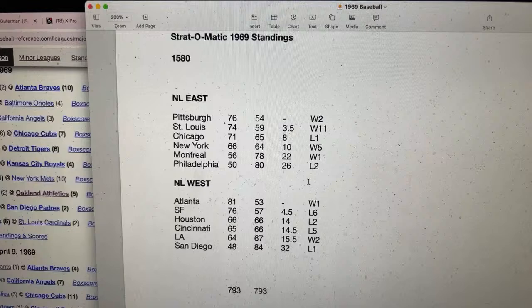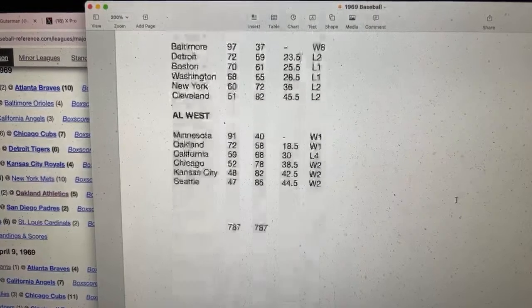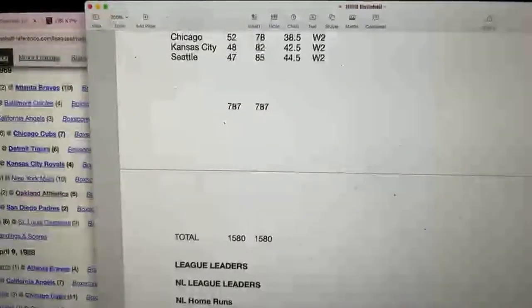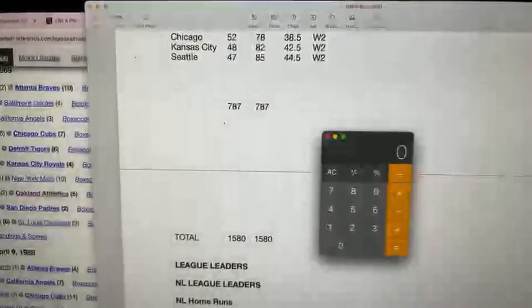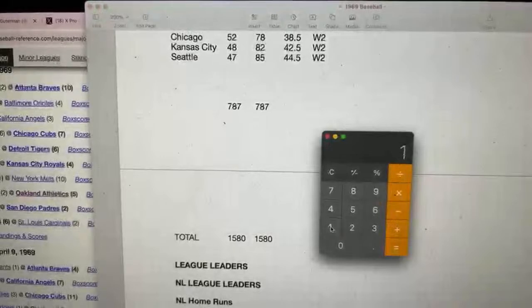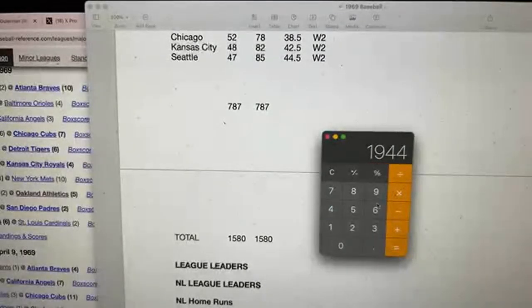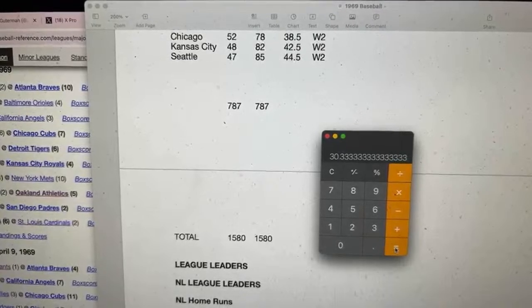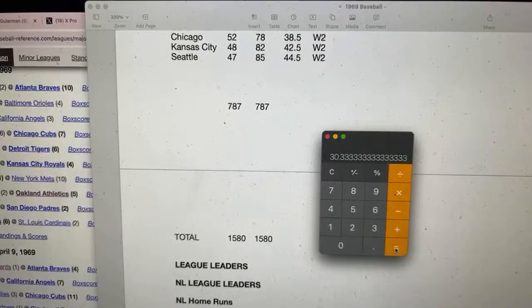Each team has roughly 30, 31, 32 games left. And if you take 1580 and subtract it from 1944, which is the total, it comes to 364, divided by 12 teams. It's about 30 games, so it is pretty accurate.